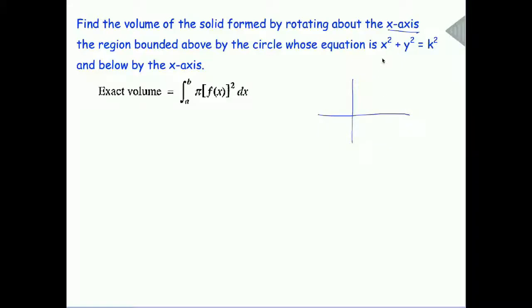is going to be bounded by x squared plus y squared equals k squared. So that's going to be a circle that goes through k and negative k. So we're going to take this half a circle and we're going to revolve it around the x-axis, and we want to find that volume. So since we're going around the x-axis, we are actually using this one right here. So we are going to integrate from negative k to k